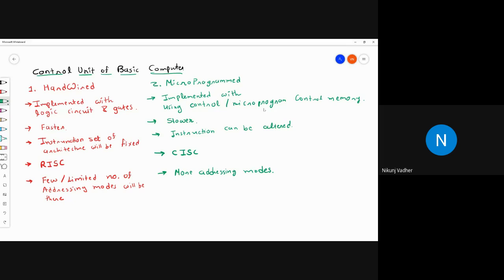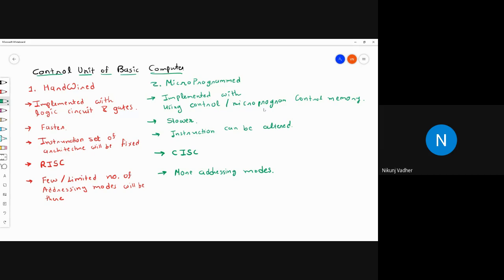Whenever you purchase any processor from the market, it can contain either a hardwired or a microprogram control unit. The hardwired control unit is implemented using logic gates, while the microprogram one is implemented using the microprogram control memory.